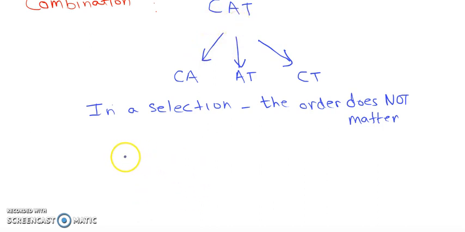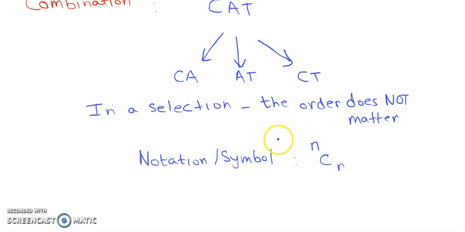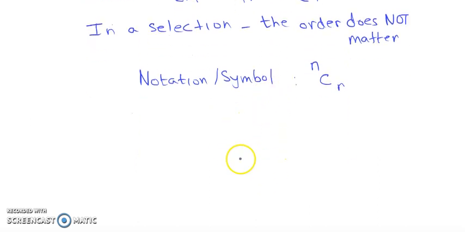Similar to permutations, our mathematical symbol here is C, with a superscript N, and R is the number of letters you're selecting at once. So for this question, you're selecting 2 out of the 3 letters. So it's 3C2, which is